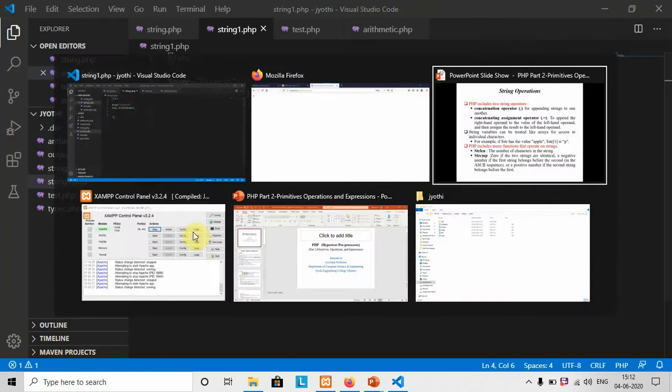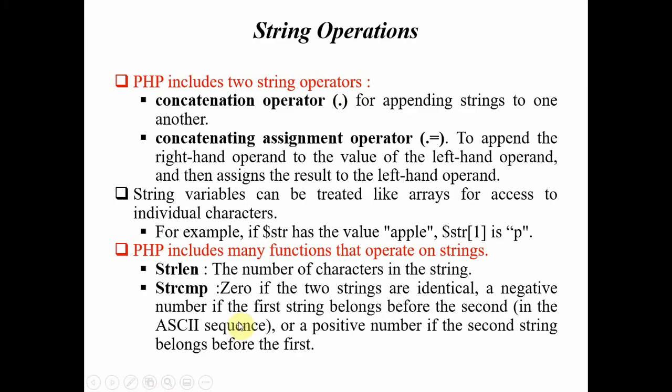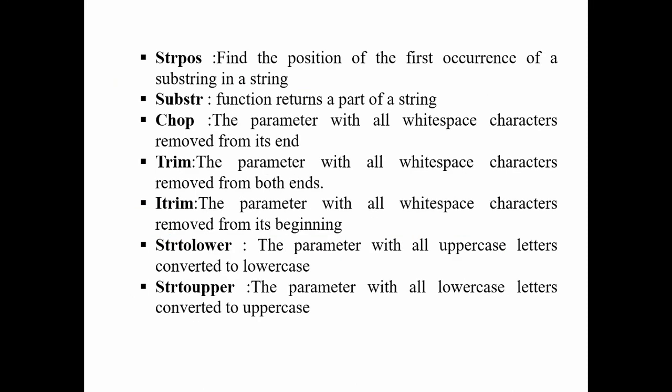Similarly, we have another function that is used to compare, the function strcmp, string compare. Within the string compare function, we'll be using two different strings, first string comma second string, and if both strings are identical, it will return a 0 value, and otherwise a negative or positive number based on the difference. And similarly, we have some more functions which are supported by this.